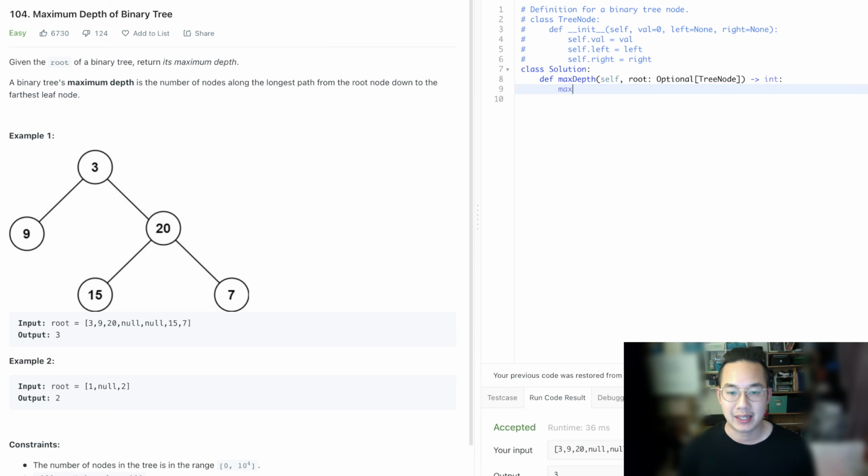Let's just say have a max depth, and let's set that to 0. Of course, if not root, we're going to return 0 first. That's the first thing that we should do. So the Q is equal to the deque of root. Then we set the max depth to equal to 0. So while Q, what we're gonna do is that